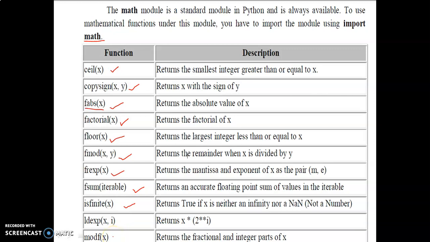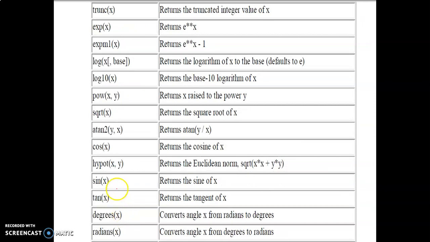And modf of x returns the fractional and integer parts of x. After performing a mod operation, generally it gives us only the integer part, but in this function we'll get both the fractional and integer parts of the mod operation. Next function is trunc.